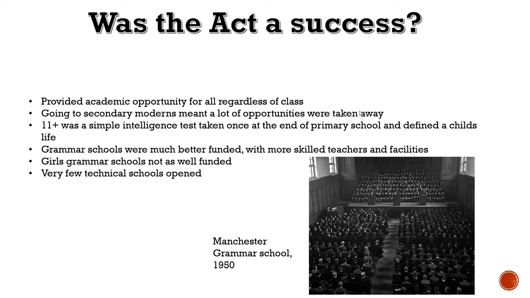Okay, there's a picture there of Manchester Grammar School. You can see it's all boys, very prim and proper. Okay, very nice looking halls, quite well funded. Again, the girls' schools weren't as well funded as this. There's no evidence for this, but there are some suggestions by some historians that actually for the 11 plus you had to get higher if you were a girl to get into grammar school as well. So there were a lot of discrepancies within the Act as well. Okay,